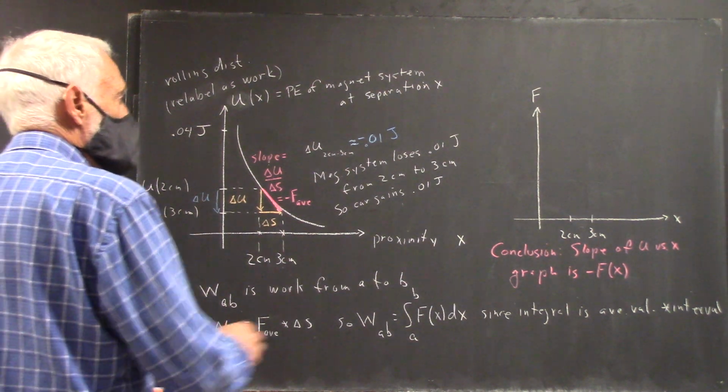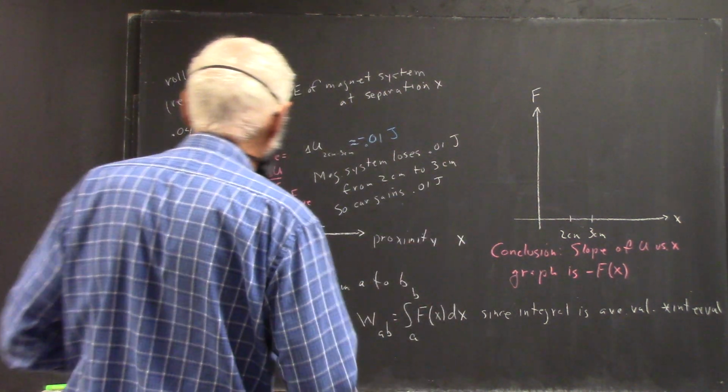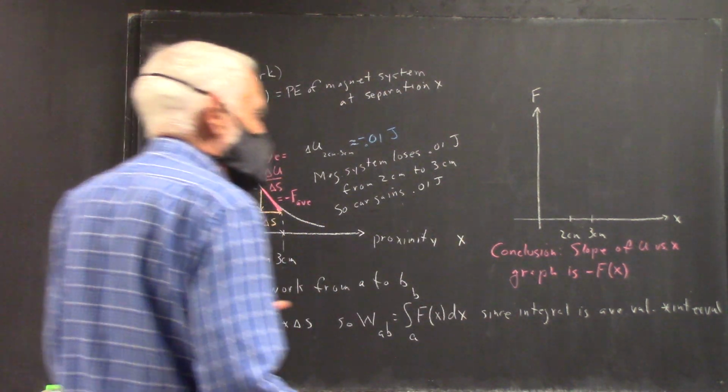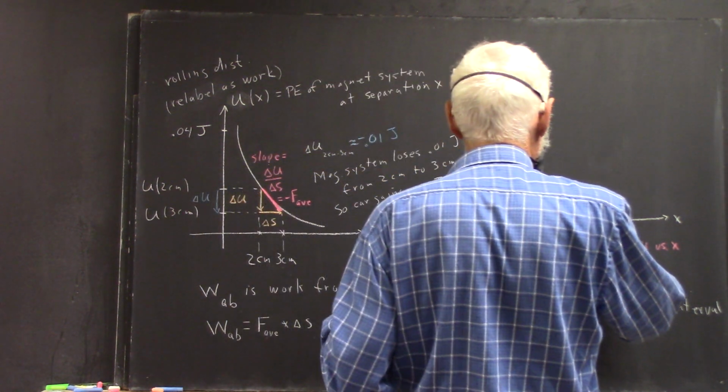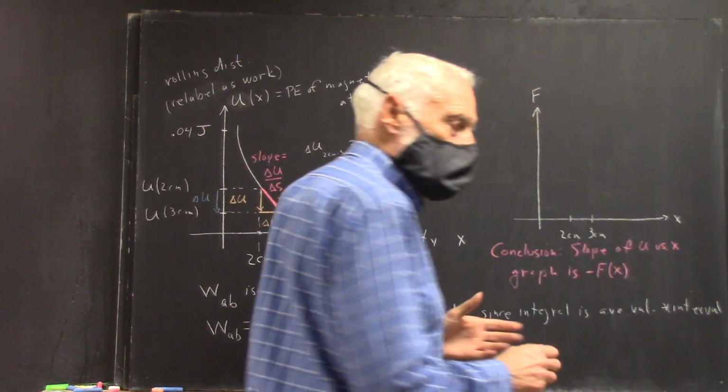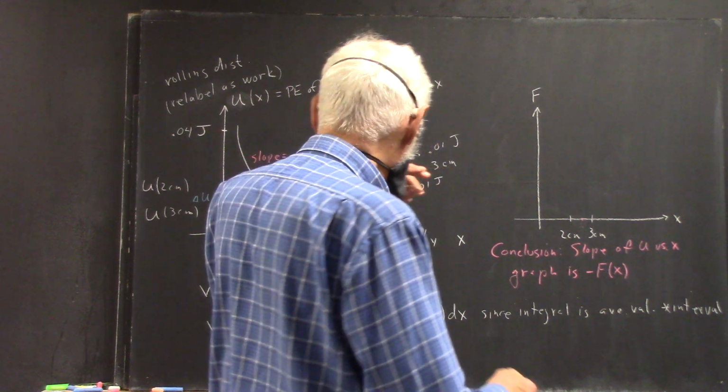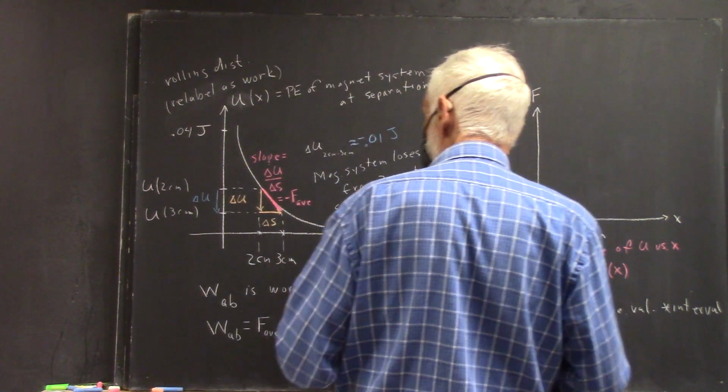So all I have to do to get a graph of force versus x is say, well, somewhere between 2 and 3 centimeters, maybe halfway between, but not really because everything isn't quite linear,